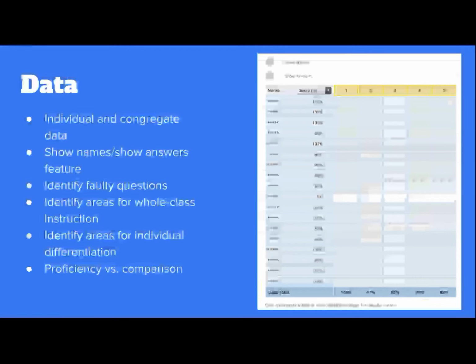In terms of the data that you'll get back, this is a screenshot of one of the results screens that I had for students who had taken the quiz. As you can see in the top left-hand corner, I can choose to show the names and show the answers. This is really valuable for the students. I will post this screen, I will project it on my whiteboard so that students can see kind of how everybody's doing. The names I always cross off so they never know who they are. And if some students are still taking the quiz, I will make sure they can't see